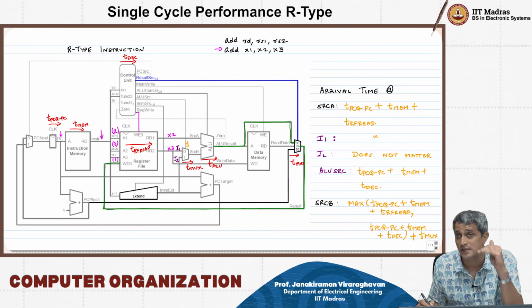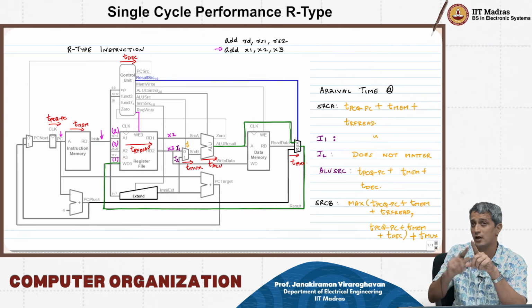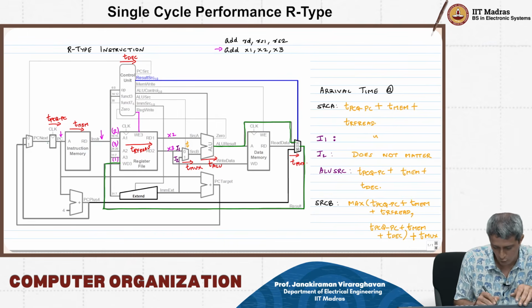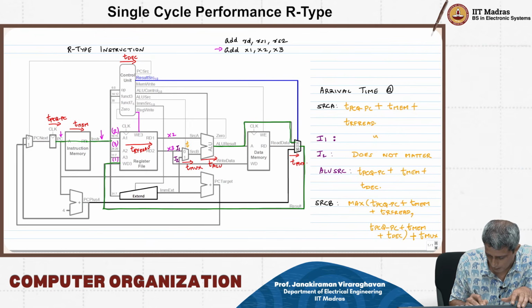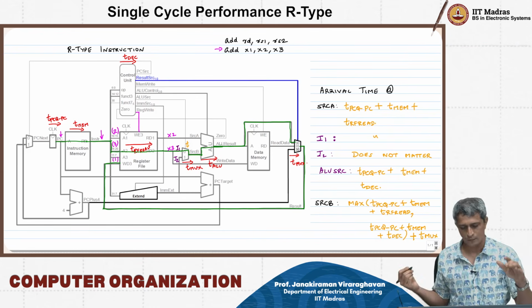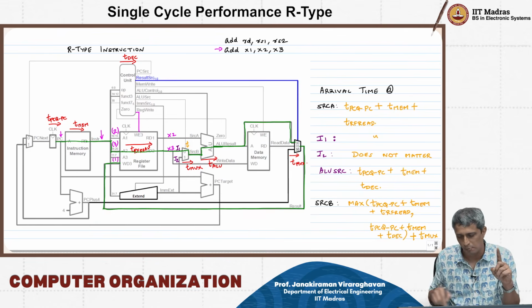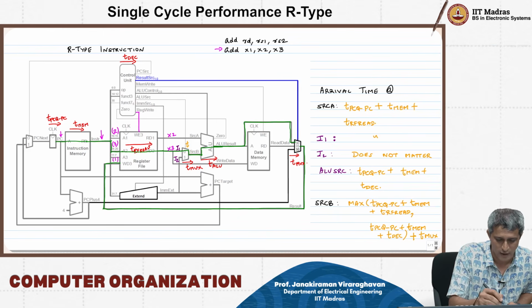Remember, that has to be set up, TRF setup, before the next clock edge. Only then will the data get written at the subsequent clock edge appropriately. So if you look at this whole thing, you start from here, going through A2, come here, go through this, come all the way. You start from the program counter, trace that path, come back, and therefore the delay that is incurred for a register file,